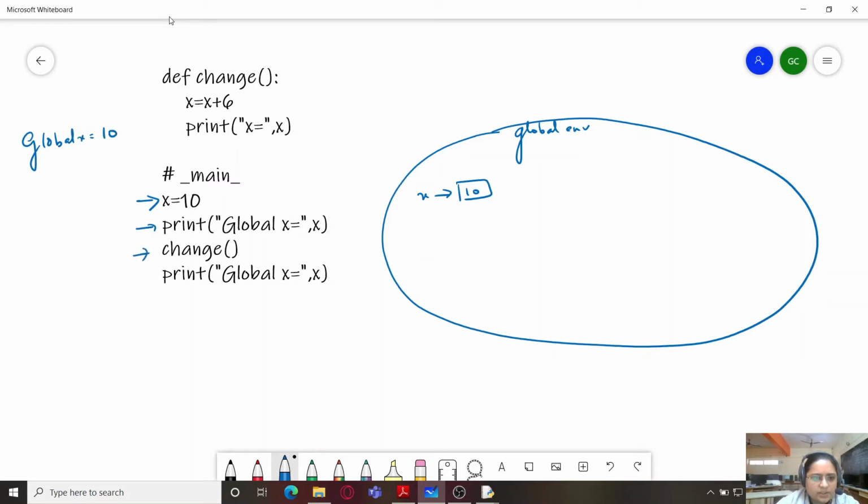Now there is a function call to the function change, and you can see within this we have a statement x equals x plus 6. So firstly Python is going to look for this x within the local namespace, which is the namespace of change, and it doesn't find x over there.